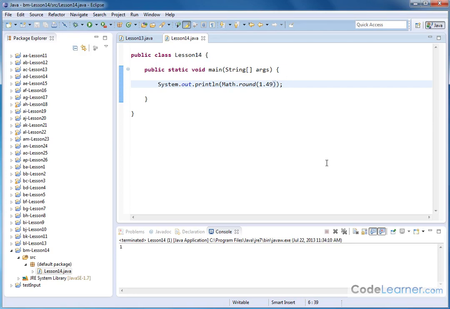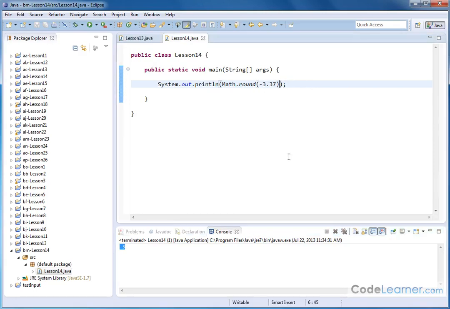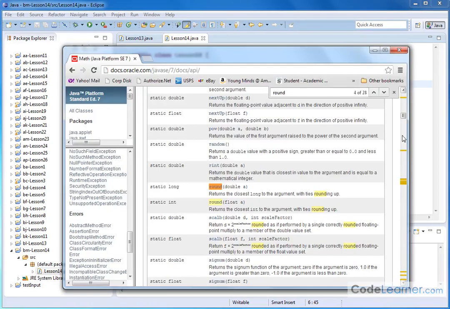It also works with negative numbers. If we do negative 3.37, and then we hit this guy and go, then the closest thing is it's going to essentially round over to -3, so it works with negative or positive numbers. So that's how we handle the rounding method. That rounds either up to the nearest number or down to the nearest number, depending on exactly what the value of the number is. Now let me show you a couple of other